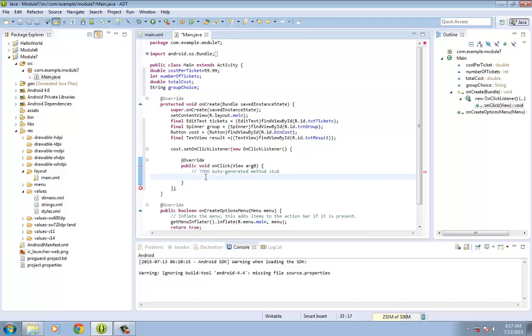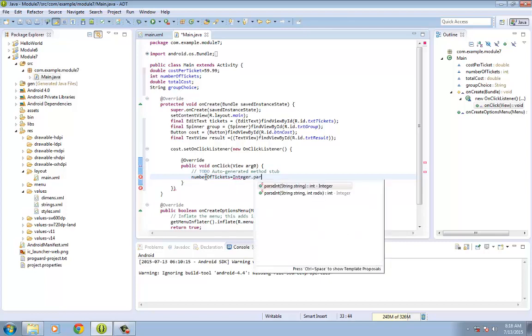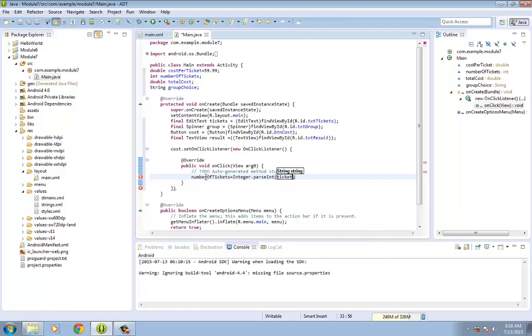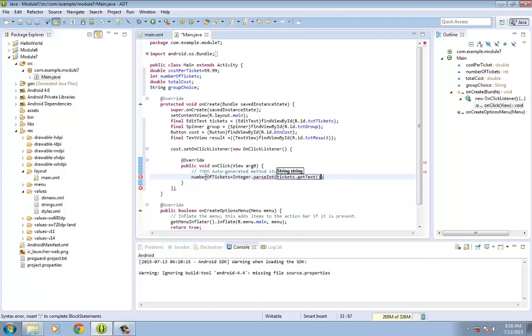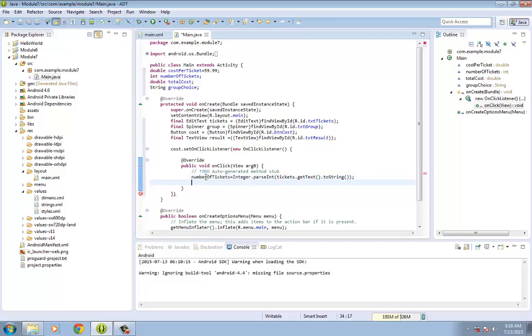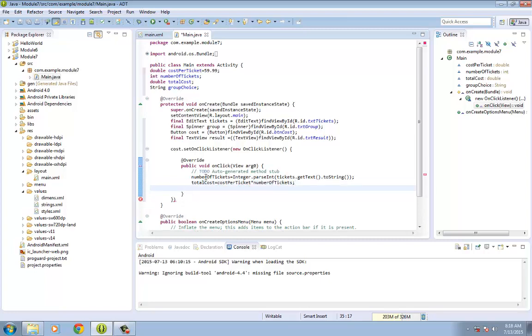Then just below the TODO auto-generated method stub, type in numberOfTickets equals Integer.parseInt, then type in tickets.getText, then .toString, then type in semicolon, and then next totalCost equals costPerTicket times numberOfTickets, then semicolon, and then type in